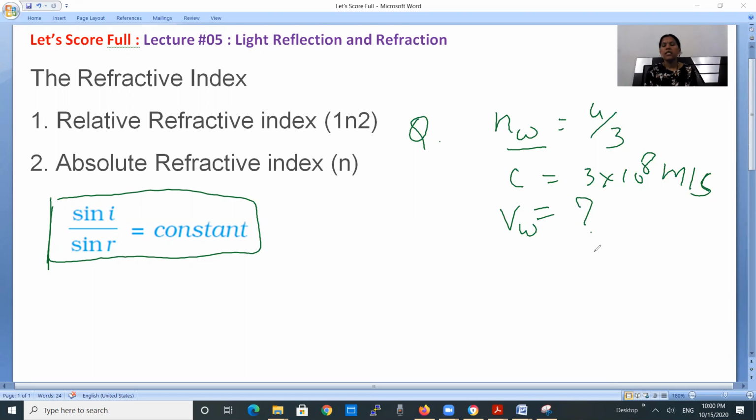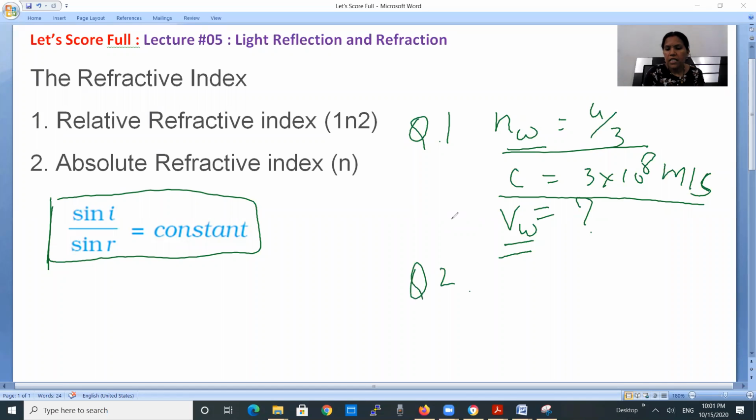What is the question? Refractive index of water is 4 by 3. Here, speed of light in air is 3 into 10 raised to 8 meter per second. We have to calculate the speed of light in water. This is your first homework. Practice sums. Instead of saying homework, I will say practice sum. Clear? And the second question is,